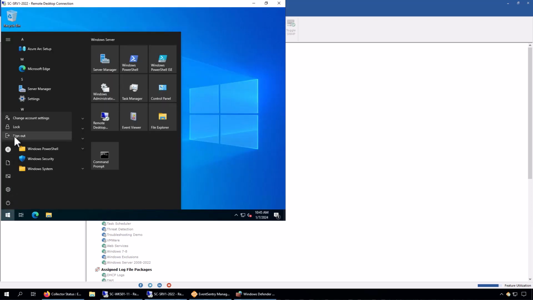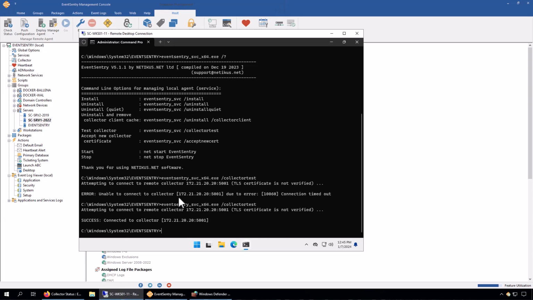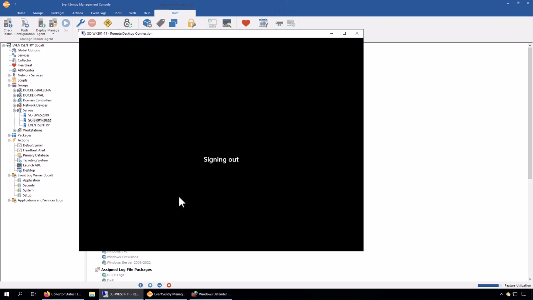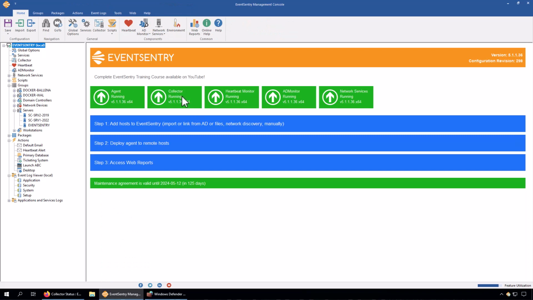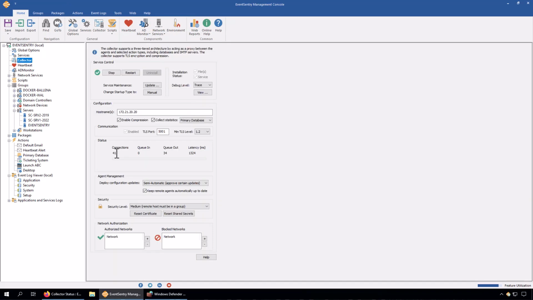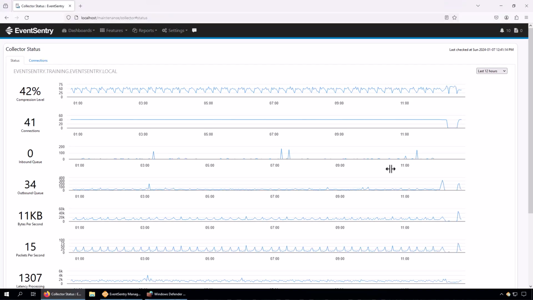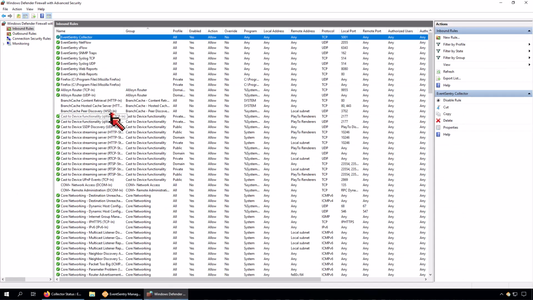So we're going to log off, and same here, I'm going to log off here as well. So again, start off in the EventSentry management console, make sure the collector is running. Now we can see that we have 41 connections again, and there are no error messages being logged here, so everything looks good. If there are issues visible here, or even if there aren't, go back to the collector status to review the number of connections,